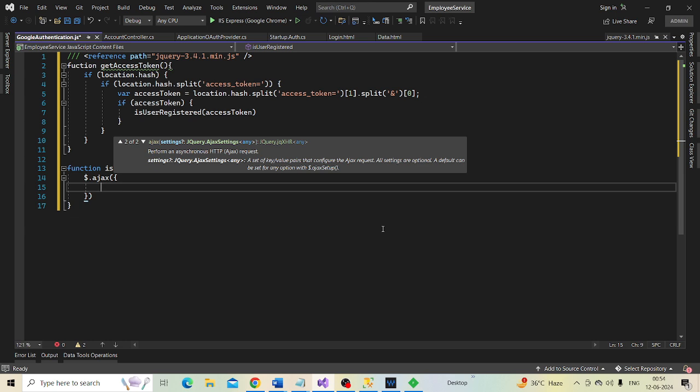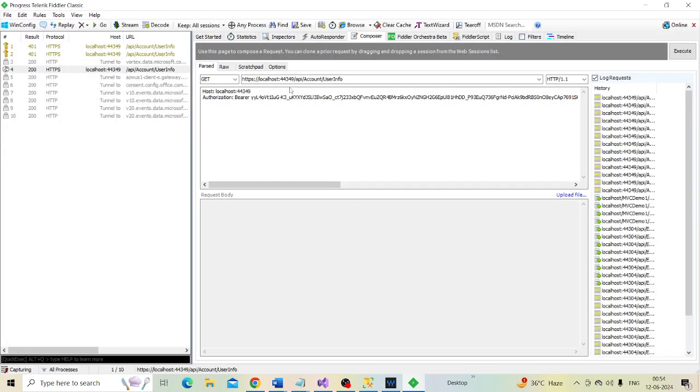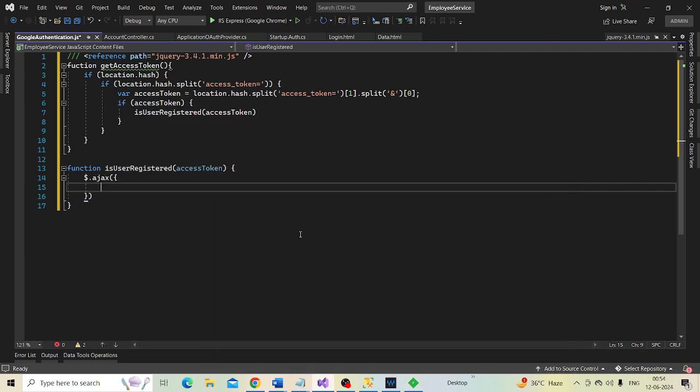Let's specify the AJAX function. The first thing we want to specify is the URL. The URL to which we want to issue a request is right here, /api/accounts/userinfo. And to that URL we want to issue a GET request.